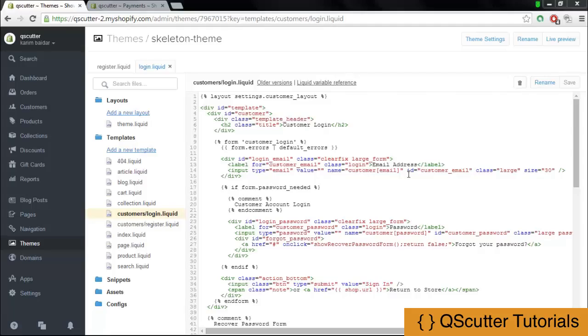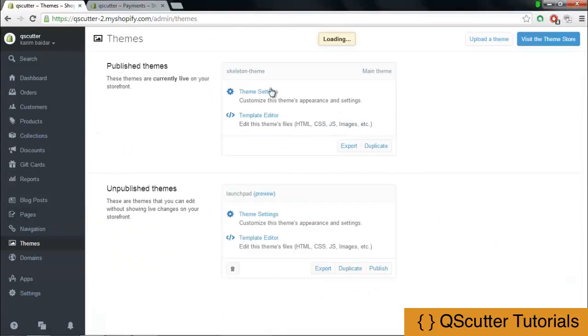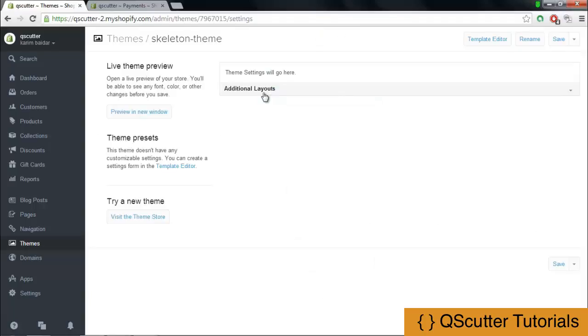Now I'm going to show you how to integrate the customer accounts in our template or theme. Well, it's a very easy step. Just click on the themes option in here, and then after that you will be confronted with these two options. Click on the theme settings option in here, and then you will be confronted with all of these scenarios